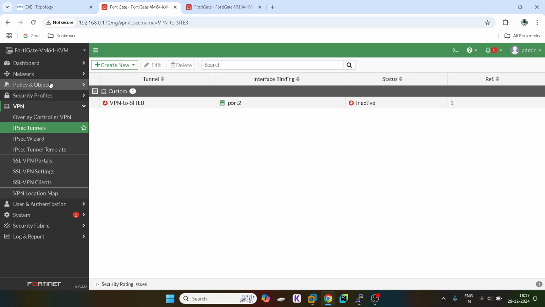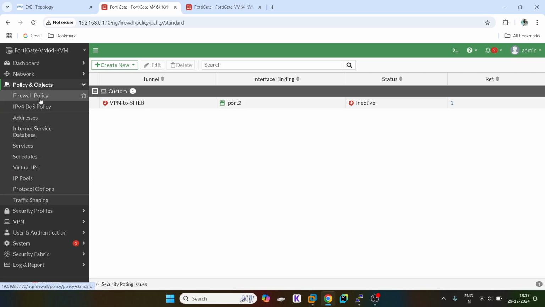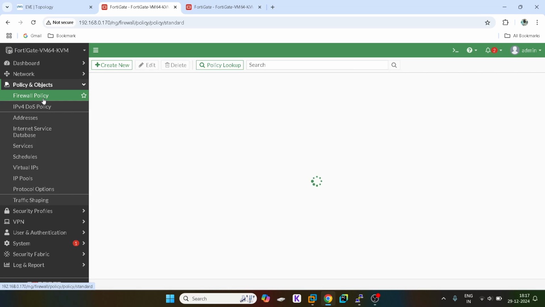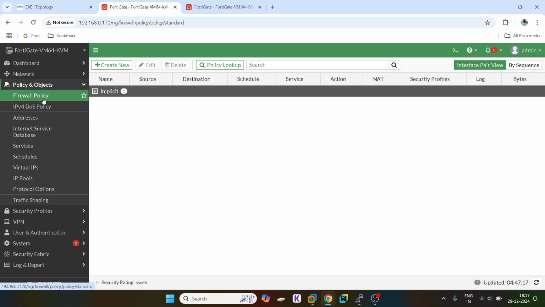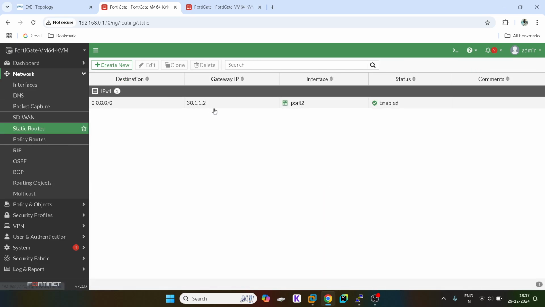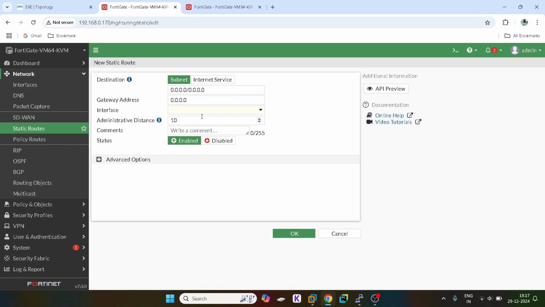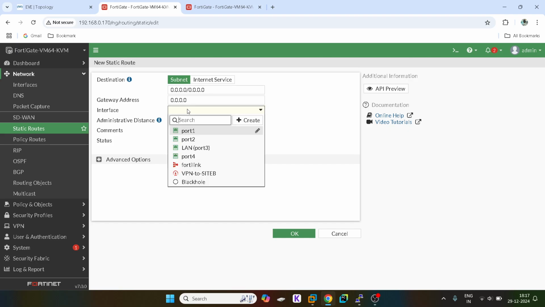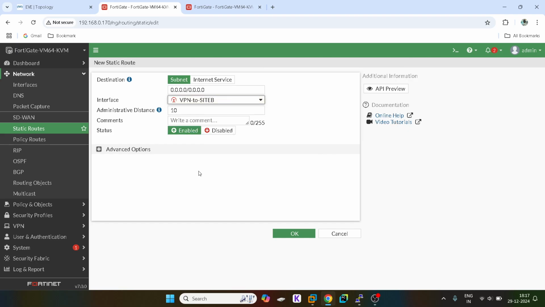Now if you check the policies and firewall policies, there is no firewall policy created. We need to create it. And for the static route, I have to manually add a static route. Say, for example, IPsec. If I want to communicate with /24. Okay,